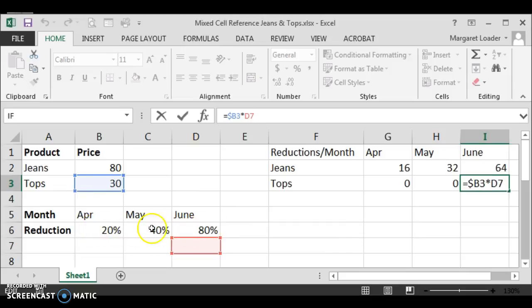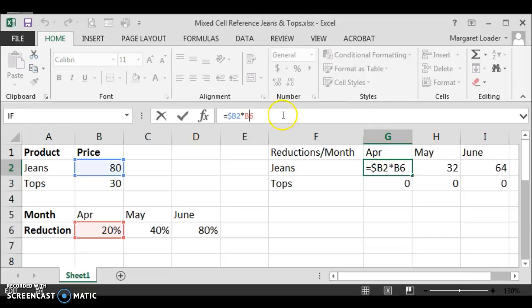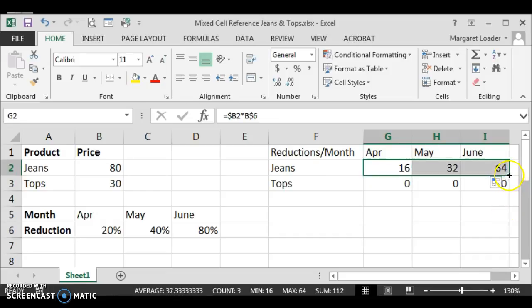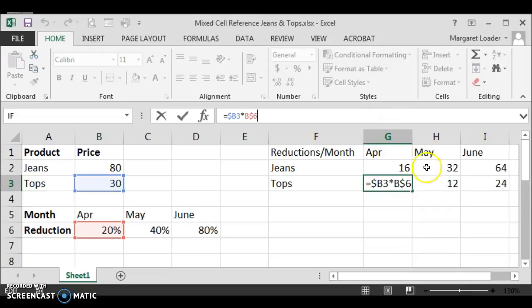So what we have to do for the second part of the formula is we also have to lock in row 6. So I'm going to go back to the first formula. We've got $B locking in this part of the formula, but we also have to lock in the row 6. So I've clicked between B and 6, typed in my $, hit enter, and let's fill this across again, which works, and now also let's fill it down, and it works again. So if we look at tops, we have multiplied tops by 20%, tops by 40%,